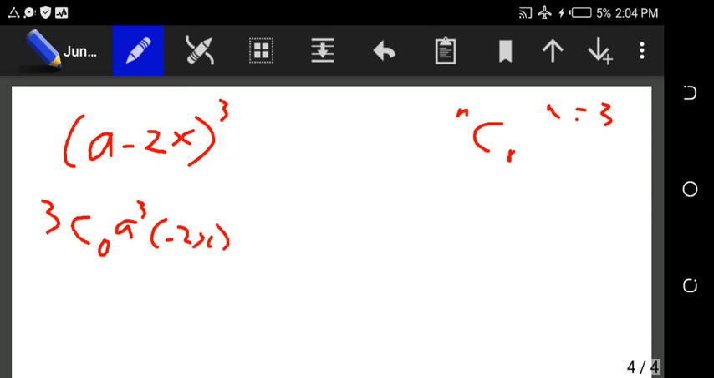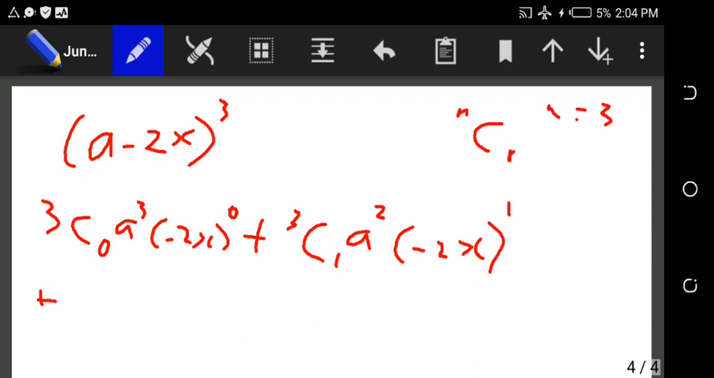Remember, you must always include it in brackets, raised to power 0, plus the next, we'll still have 3 combination 1, and we'll have a raised to power 2, in bracket minus 2x, raised to the power 1 now, plus we'll have the next, which is 3 combination 2 now, and we have a raised to the power 1 now, and we have a bracket minus